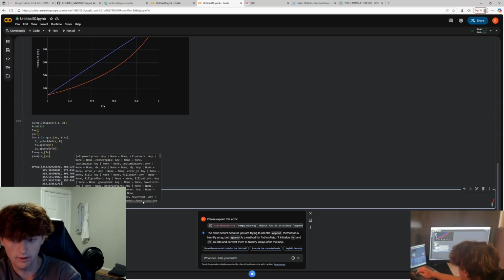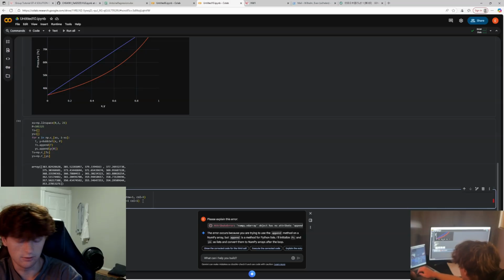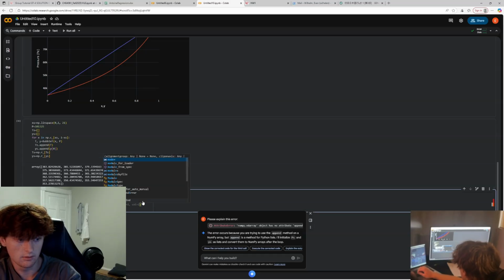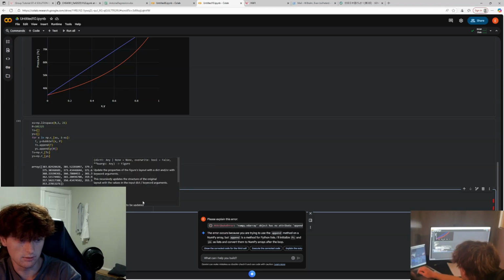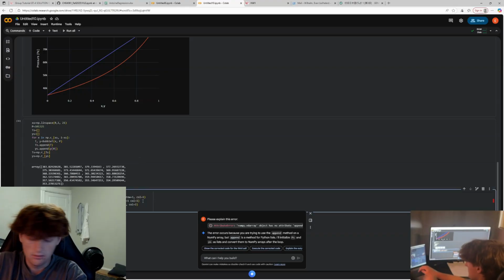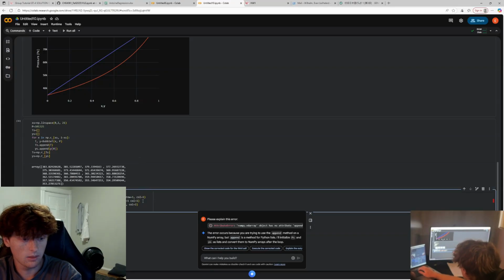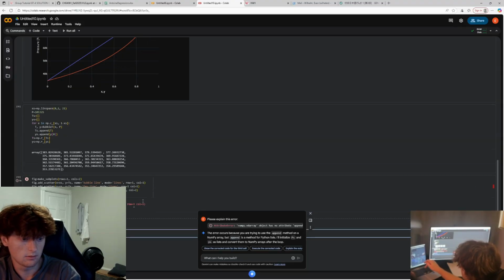Okay, and then we have our name equals, we'll just call it our x versus y, and then we want mode to equal lines, and then we want our row equal 1, column 2. So if I were to plot this, fig dot show,